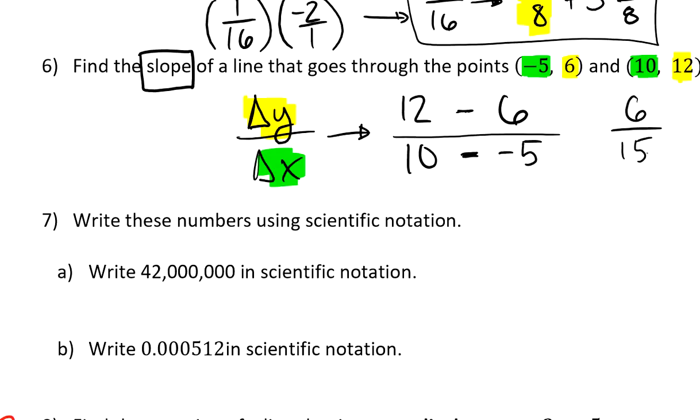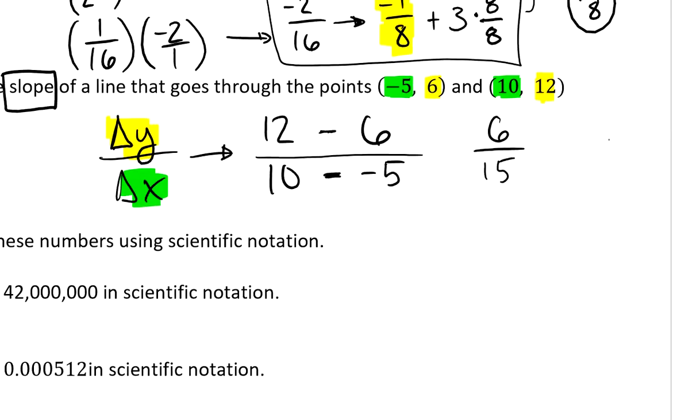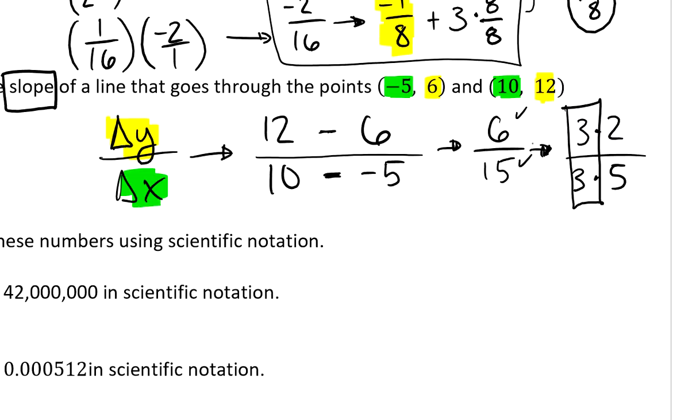So I've got 6/15, and both of those have a factor of 3 in them, so I can write this as 3 times 2 over 3 times 5. I know some of you don't need to do this. You can write it as a shortcut. I'm writing it because it prevents me from making an error. I see that I've got a 3 over 3. I'm verifying 3 times 2 is 6, 3 times 5 is 15. I can see that I have a giant 1 in 3 over 3, and I'm left with an answer of